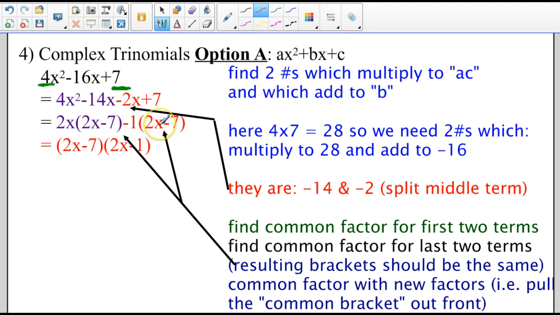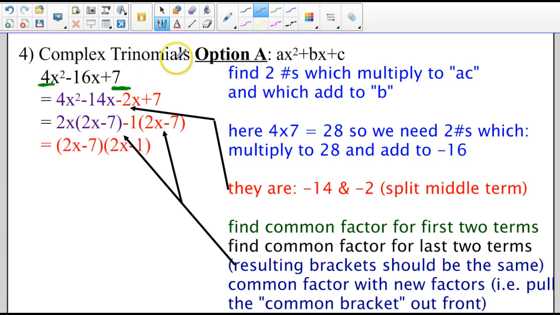The brackets must be identical at this point. If they are, I tend to pull them out front, and what's left is the 2x here and the minus 1 to complete the second bracket. What we're doing here really is taking a common factor of the first half of the expression and the second half. So the 2x minus 7 is a factor of this first part, and of the second part as well. Okay, so that's one method, call it option A here,